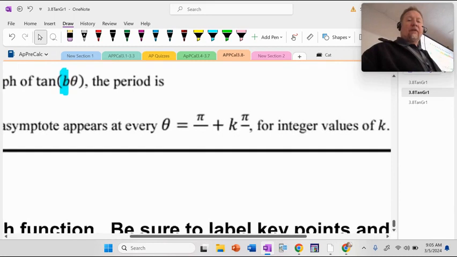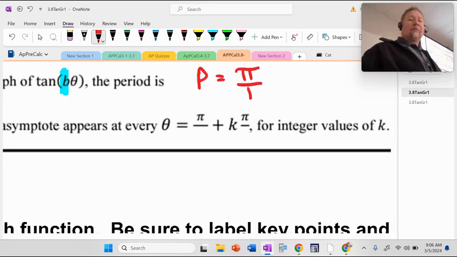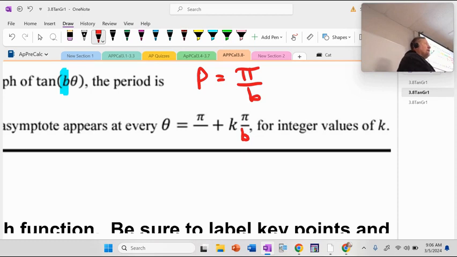Well, first of all, period, we already saw up there, comes from pi over b, not 2 pi. This is tangent graphs. They're very specific. So if I change the period, the asymptotes are a period away from each other. This is a definition, something you're going to have to lock in. But then what did I say about the asymptotes? From the zero value, they are